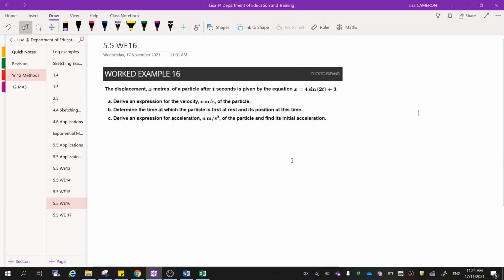Okay, the displacement x meters of a particle after t seconds is given by this equation. Derive an expression for the velocity of the particle. So if we are going to talk about displacement, velocity, and acceleration,